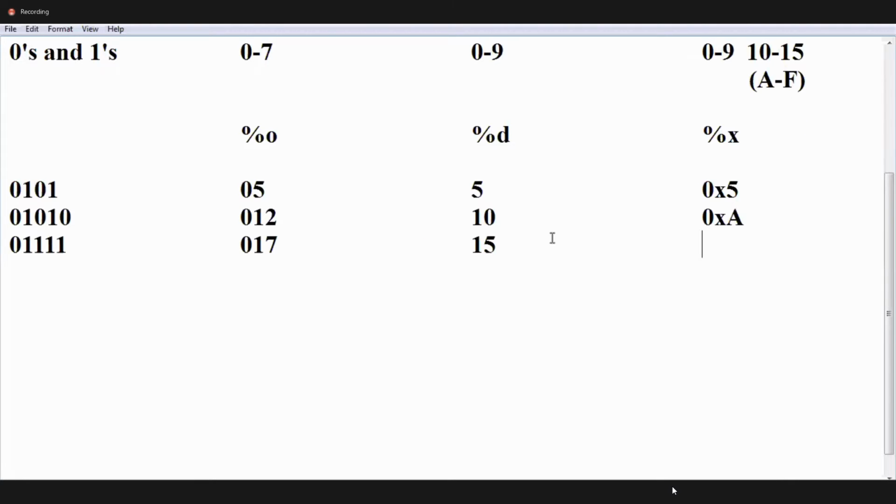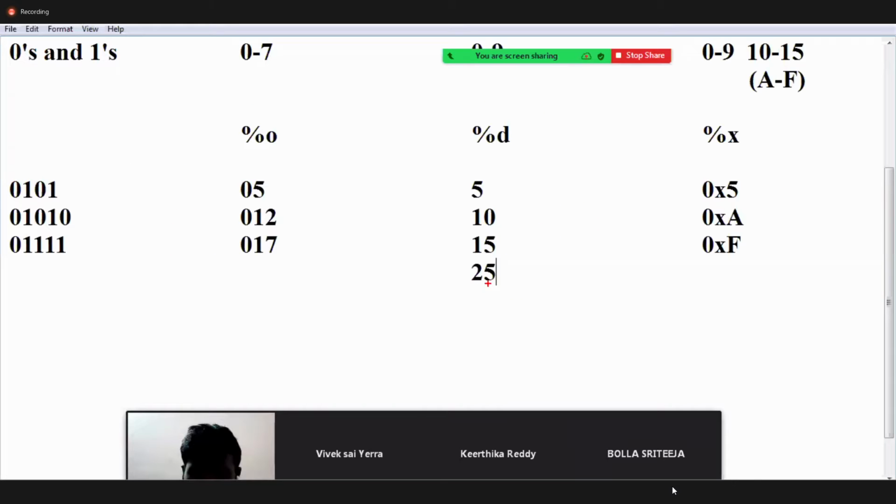Hexadecimal. We represent hexadecimal as 0xF. Okay, now 0xF is that one. Next one, 25. How to represent 25, guys? By 8 also we can do.